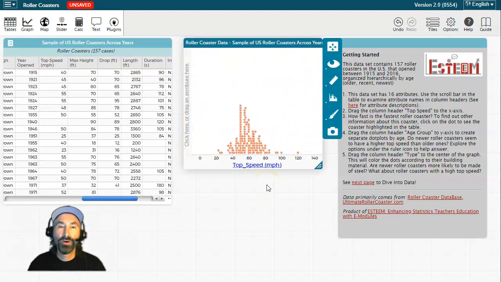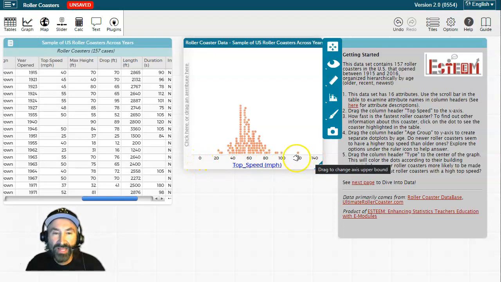So here we go. We can quickly do a little dot plot just to get a sense of, again, as we go up, that is the total number of roller coasters that have this speed down at the bottom. The x variable, in this case, the single variable that we're representing, is all of the different values down here. And the dots represent specific values